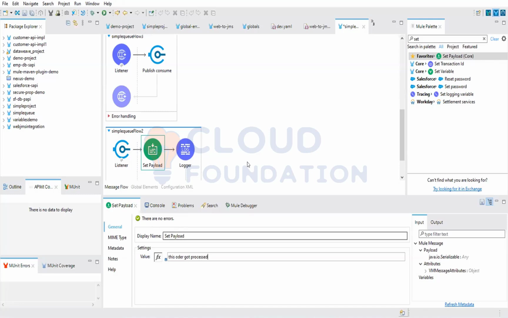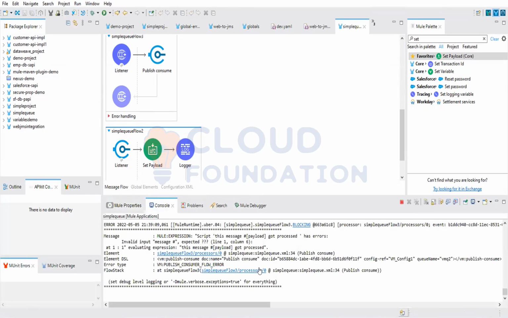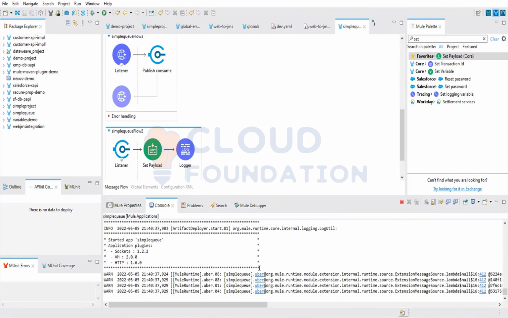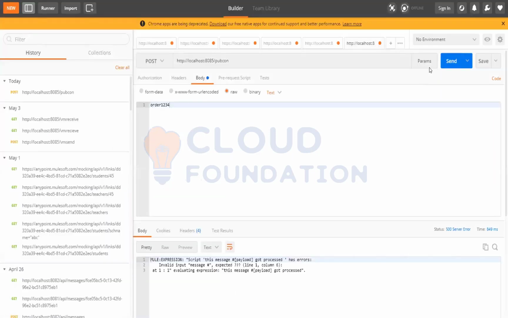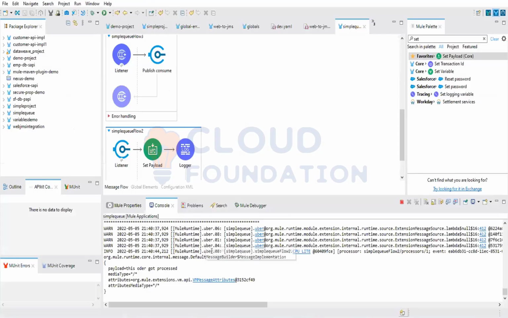Okay. So I can tell you how dynamically we can capture and also send that as a response. For that we use a different component. Set payload is not supporting that one. Save it. Started. So if I send this order, this order got processed, right? Yeah. Okay. That's what's in the payload. How I'm getting that response is